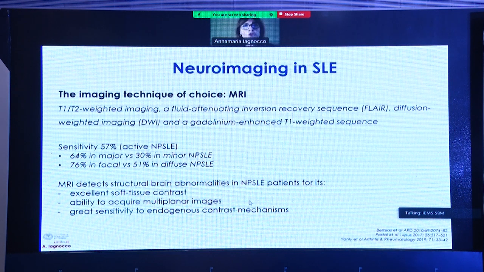MR is the technique of choice for evaluating the neural involvement in patients with lupus. But we have different techniques that have been used, and neuropsychiatric lupus was evaluated with the application of neuroimaging techniques that show different sensitivity and specificity. And MR is able to show and detect structural brain abnormalities in neuropsychiatric lupus, because it has excellent soft tissue contrast, it has the ability to acquire multi-planar images, but also